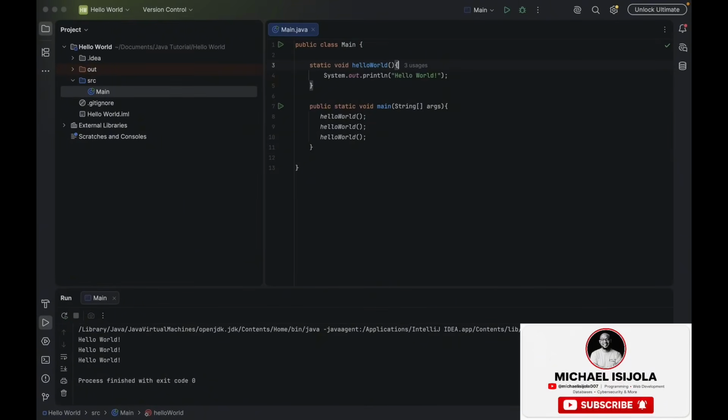Methods basically become much more useful when they actually accept inputs, rather than just re-echoing what we have inside the method. It can actually be much more useful when it accepts inputs. I'm going to show you an example of what I'm talking about. So let me just do this. I'll call it greet,